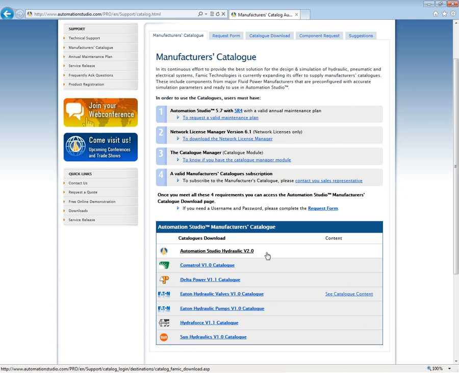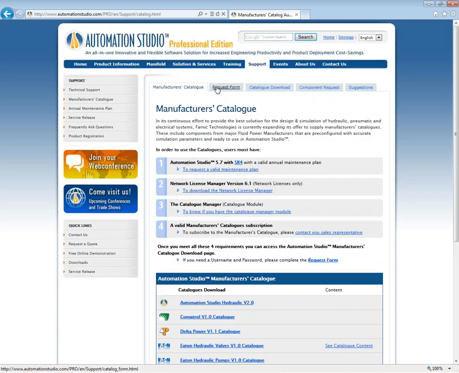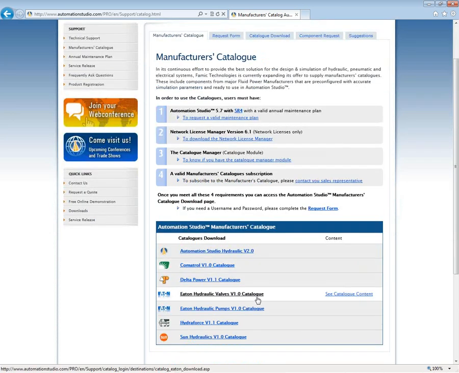We don't manufacture parts, but we have here at the top of our screen on our web page different tabs, and if you have subscribed to the annual maintenance plan, you have the ability to request components that you may not find in our catalogs. So for example, here we don't yet have the Bosch Rexroth catalog available for download, where I think we might have an agreement now with Bosch to make a catalog for them. But in the meantime,